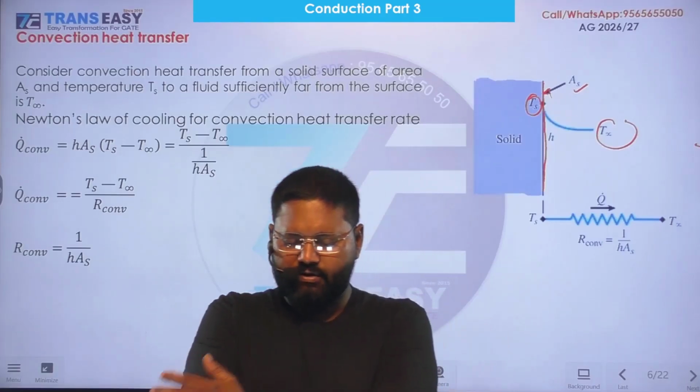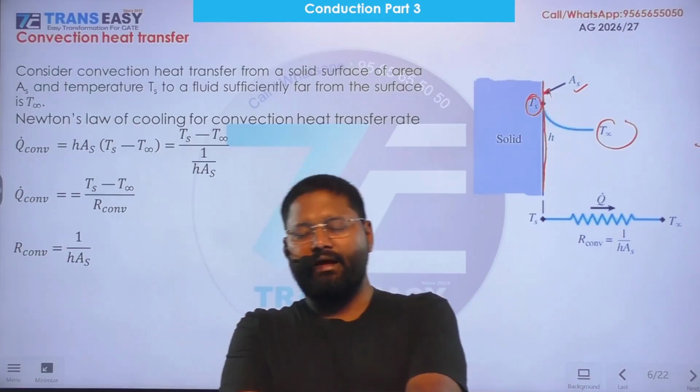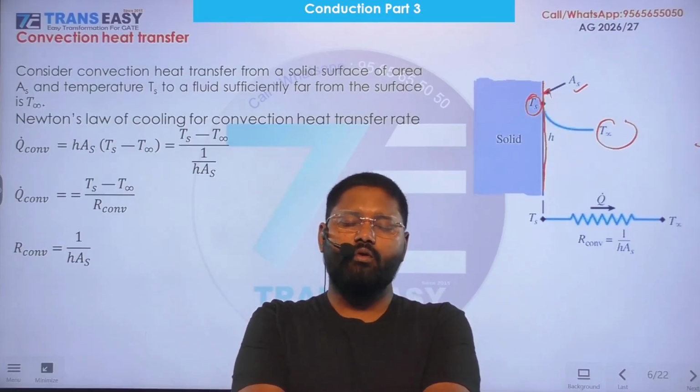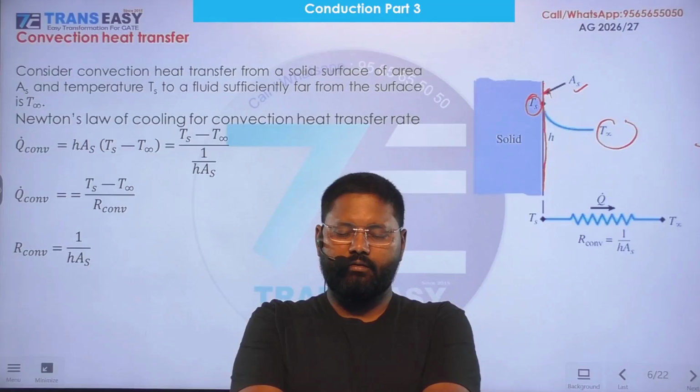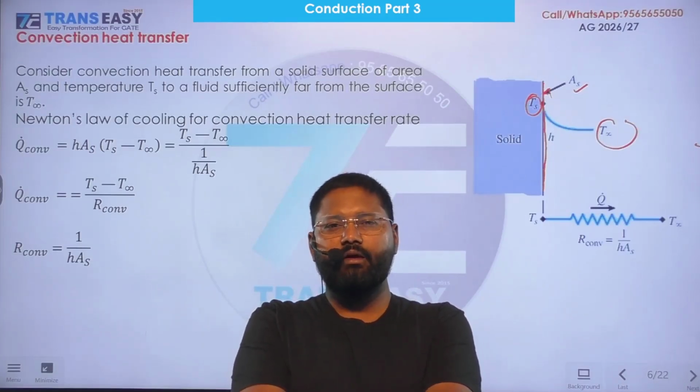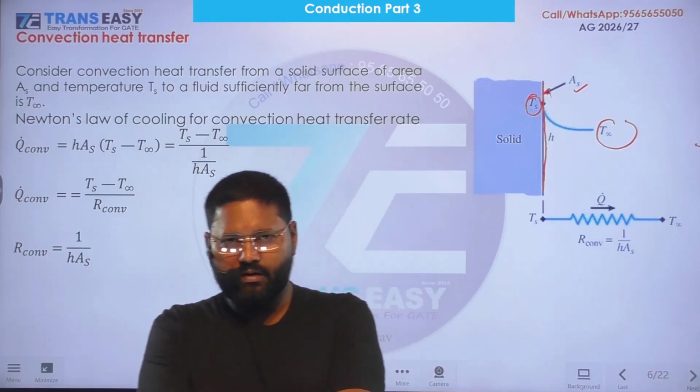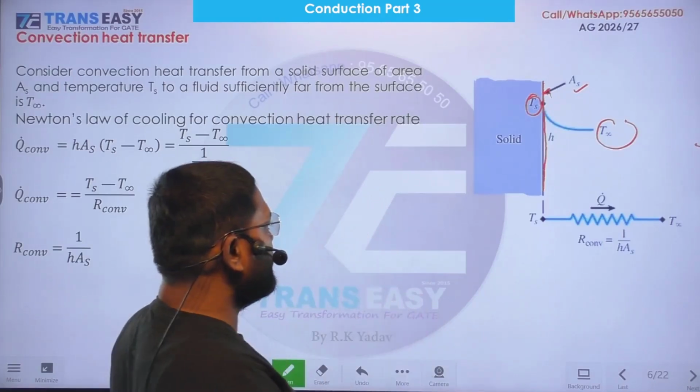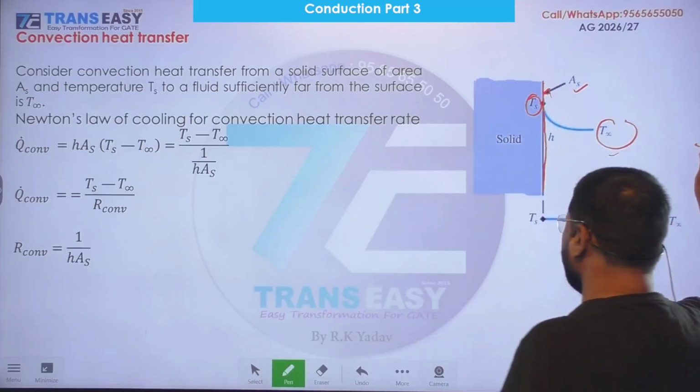And if the movement is caused by an external agent like a fan or blower, this is called forced convective heat transfer. Right. So, dear students, temperature T infinity is the temperature of